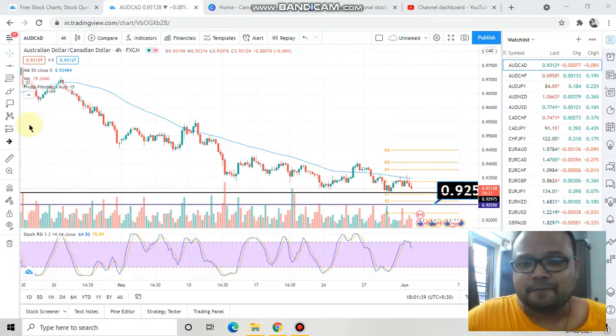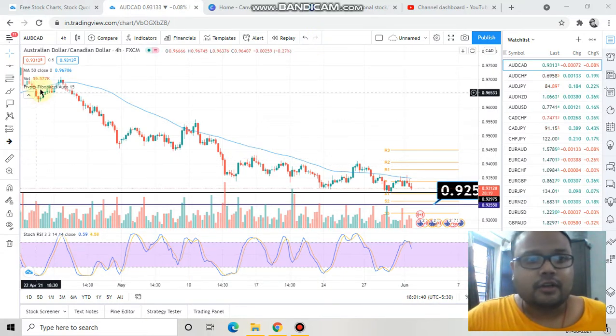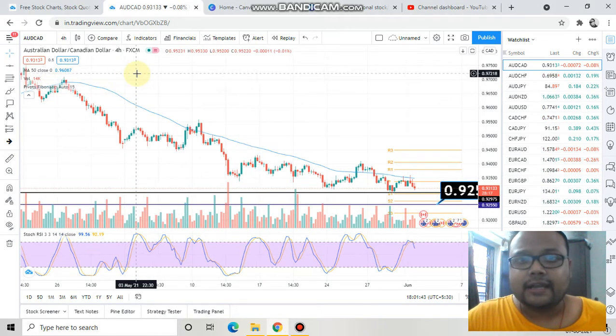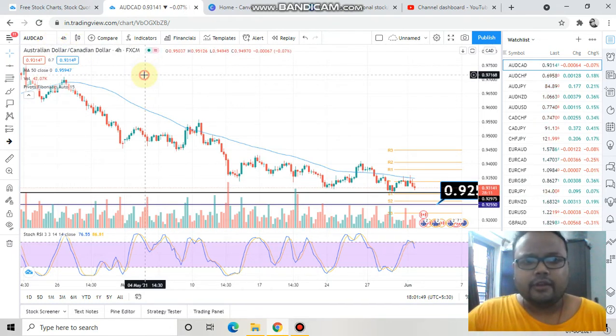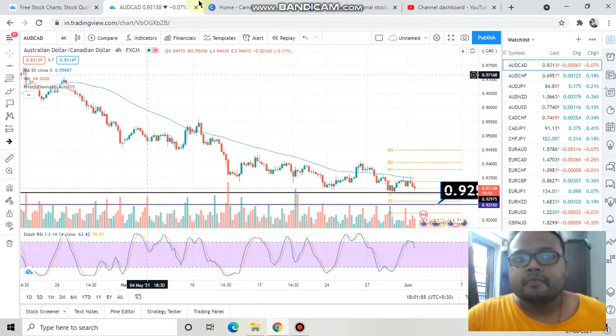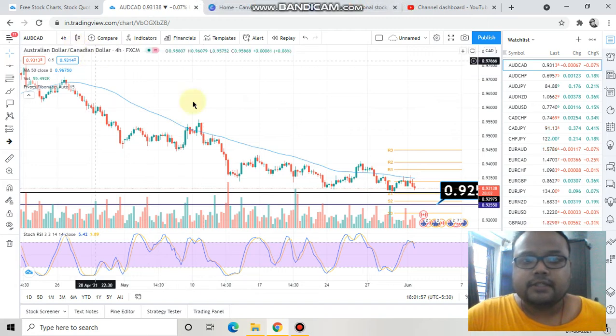So let's get started. This is the chart of AUD CAD, Australian dollar, Canadian dollar, and as you can see, I'm in the 4 hours time frame, the beloved 4 hours time frame. If we look at the chart, we can easily see that the market is in a downtrend. There is no doubt about it. And the beautiful thing about this downtrend market is that